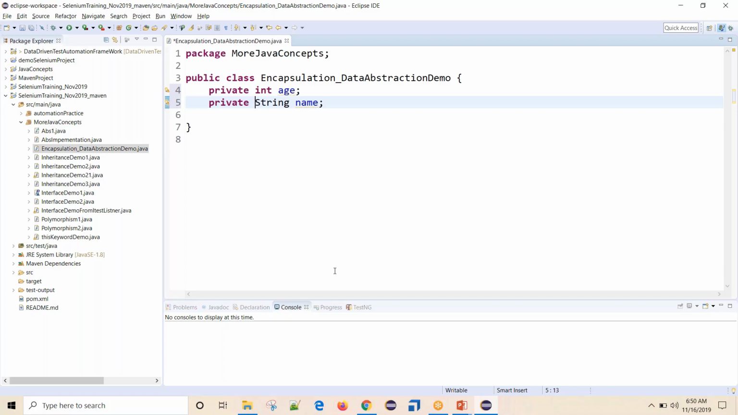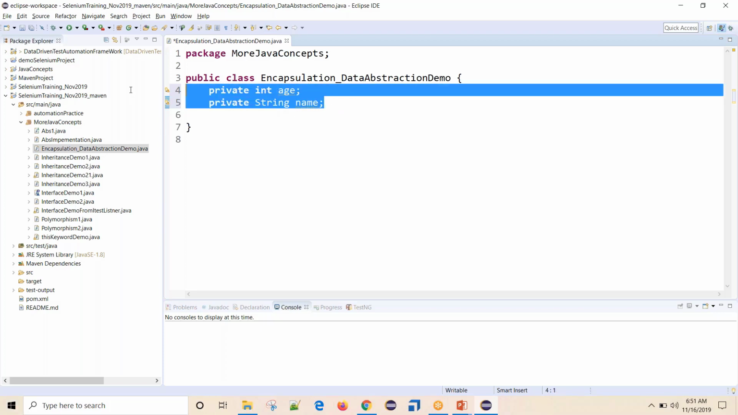Now, if it is accessible only within the class, how can I set the data into that variable, or how can I read the data from that variable, right? So to set the data and to read the data from the external world, we can create getter and setter methods. So if I just select whatever variables I want to create getters and setters for,